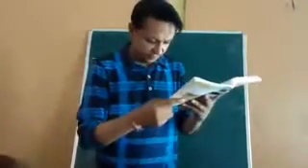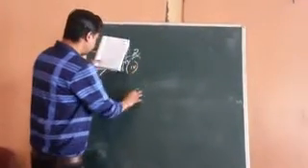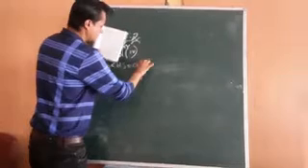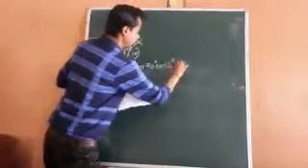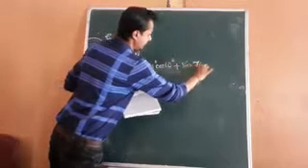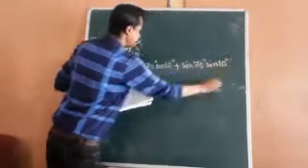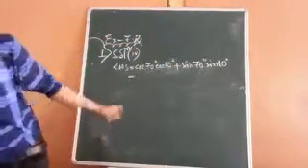So let us see 4 number. Very easy, in 2 steps I will complete 4 number. So what is the left hand side? Left hand side equals cos 70 degree cos 10 degree plus sin 70 degree sin 10 degree. So this is my first step. Okay, this left hand side is your question.